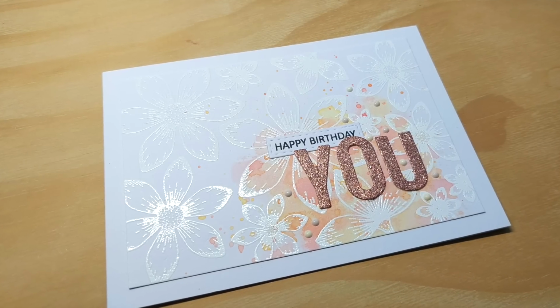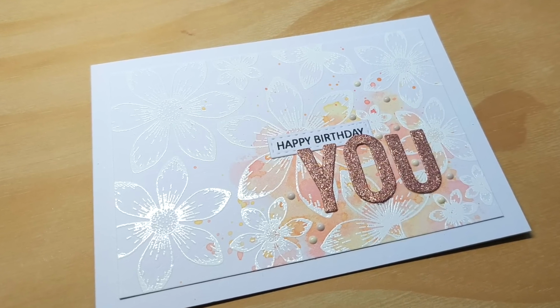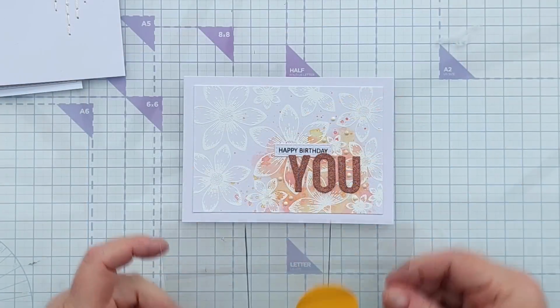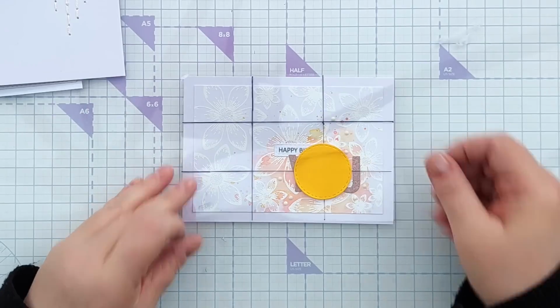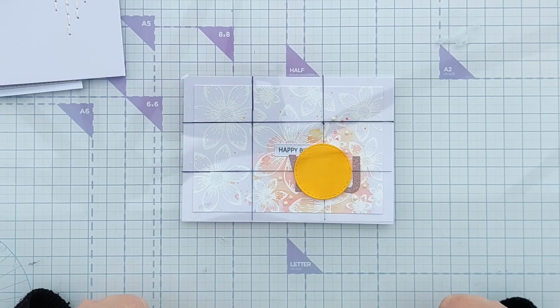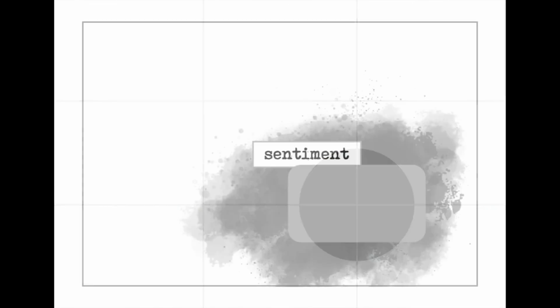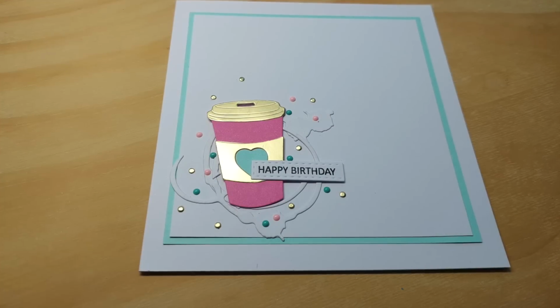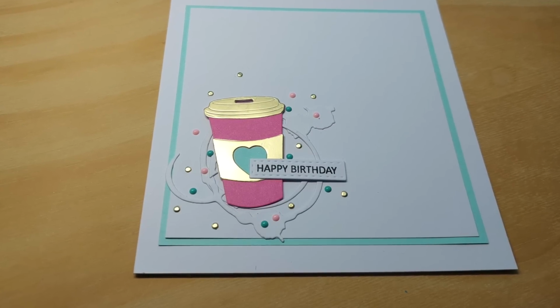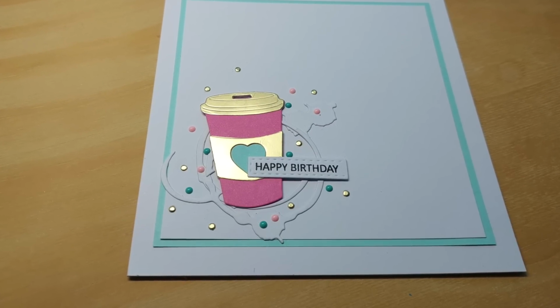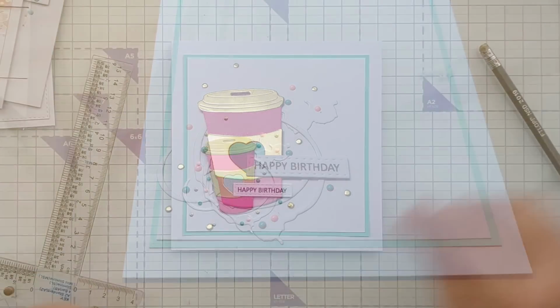For this card, I've got the same size card, but I've turned it around so it's landscape, and the focal point is in the bottom right hand corner. All the sketches that I'm showing you here will be in the handout that you can download from the video description, don't forget. And for my last card today, I've got a square card, and the focal point is in the bottom left-hand